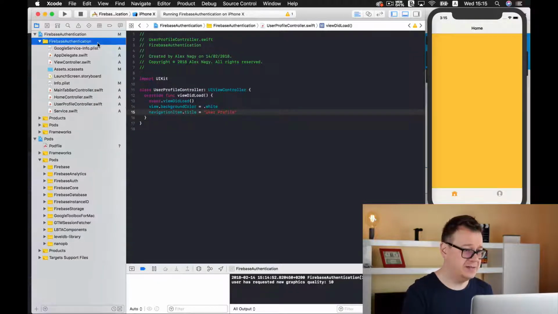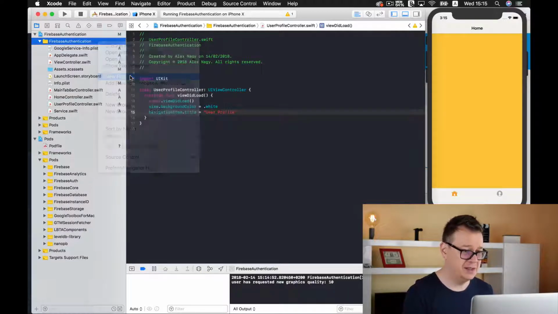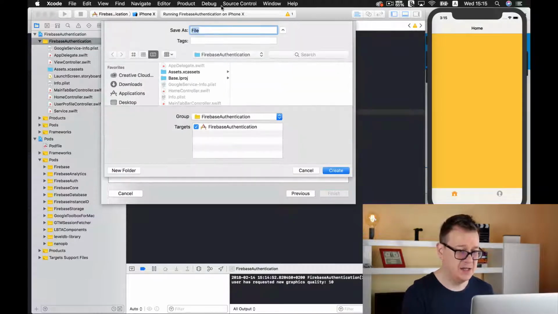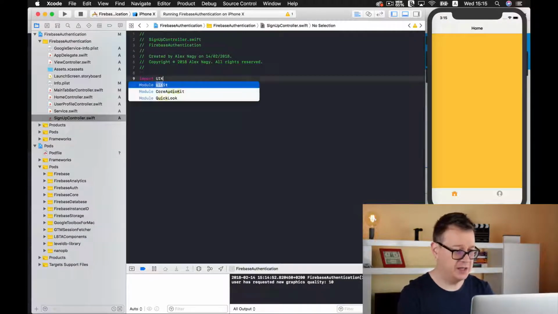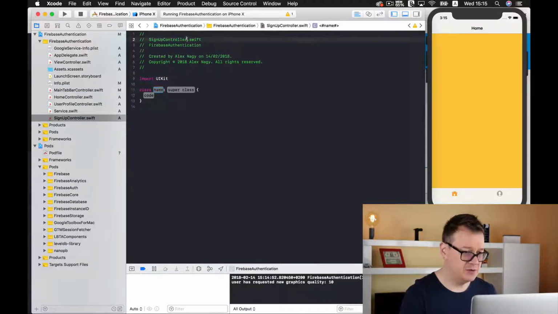And for that, let's just create that view controller first. So right click on your group and let's select a new file, Swift file, and next, and let's name this sign up controller. Okay, let's create this and let's import UIKit here, and let's create our class SignUpController,